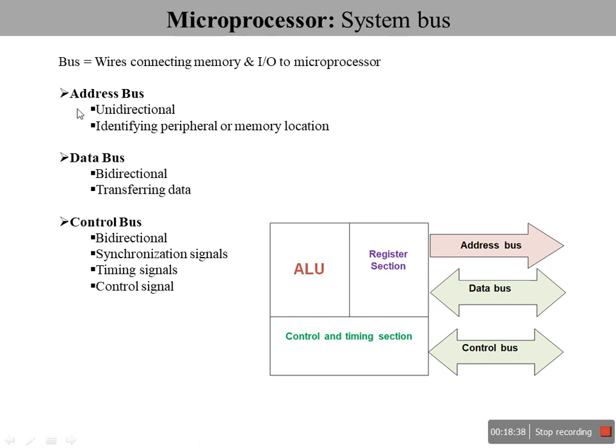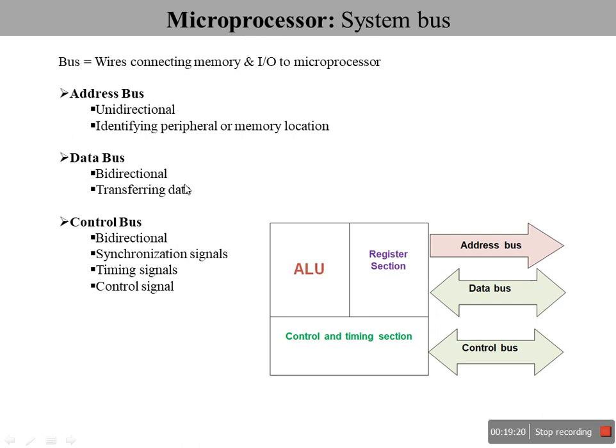So it is unidirectional. It carries the address directly from the microprocessor to the peripheral only, not the reverse way, because an IO device does not have the capability to address the internal part of a microprocessor. As it is unidirectional, this will identify a particular memory location or IO device based on addresses. Next, once the memory locations or IO devices are identified, it is now the job either to move data from the microprocessor to a memory or IO device, or data from memory or IO devices to the microprocessor. Hence we need a bus called the data bus.